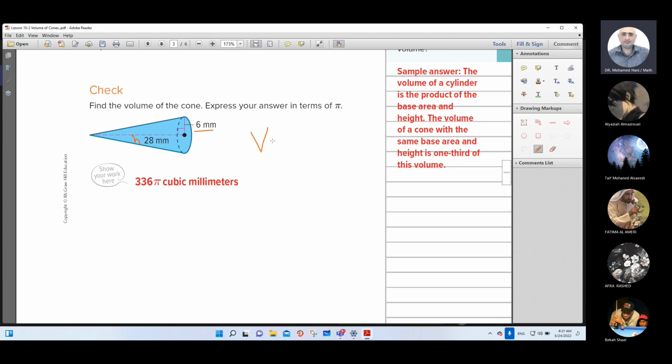V equals 1 over 3 multiplied by r squared times h. Substitute the value inside the rule. So we have 1 over 3 times